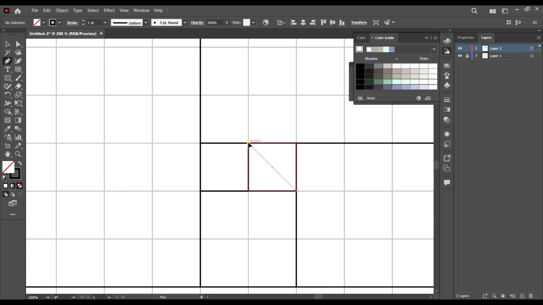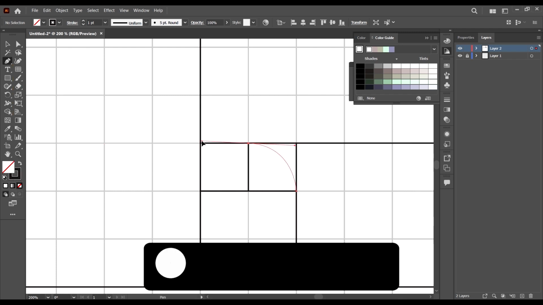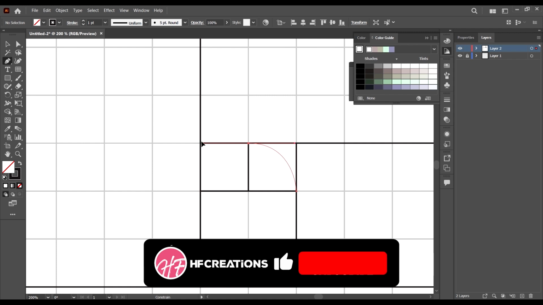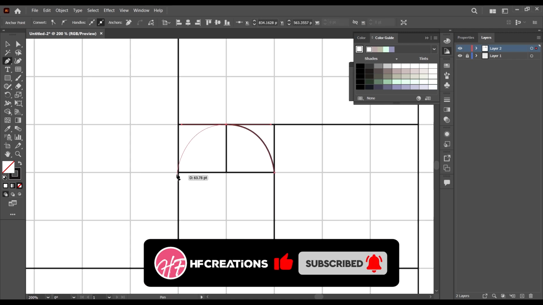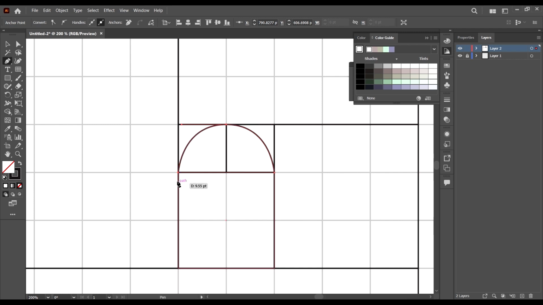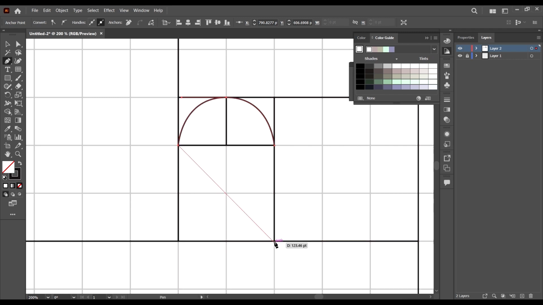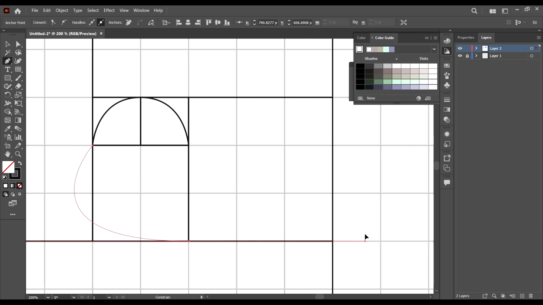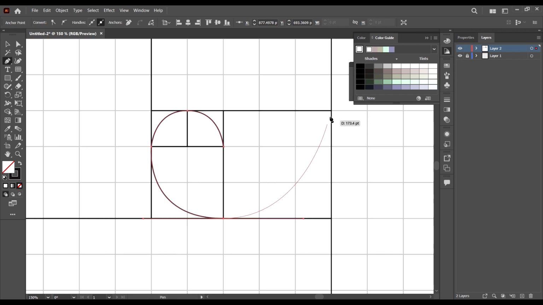Okay, so we click here also, and then we just hold down shift and just make this curved like this, and come here and click here also, and then come here to the end here and click and hold down shift, and just drag it like this to make it curved, and when you're satisfied, you now release it, and then we now click here